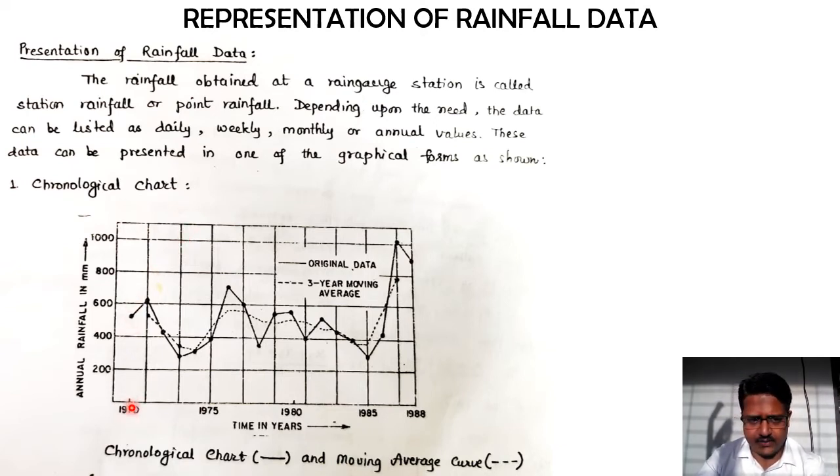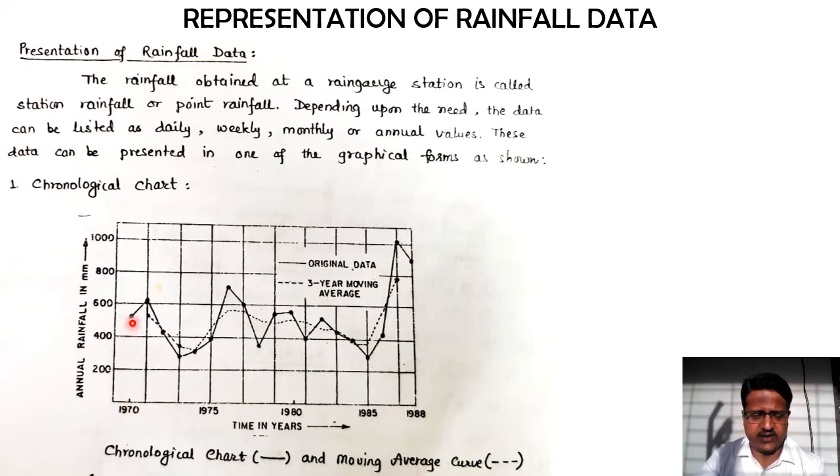Here, on the x-axis we have time, and on the y-axis we have only the rainfall. It is not a cumulative rainfall as it is in the rainfall mass curve that we discussed earlier. Here it is just annual rainfall. Every time period may be months, even days or weeks. Based on your requirement you can change the scale of the x-axis.